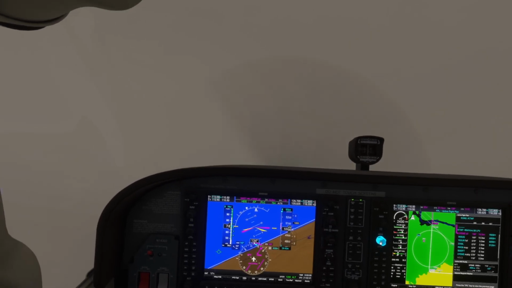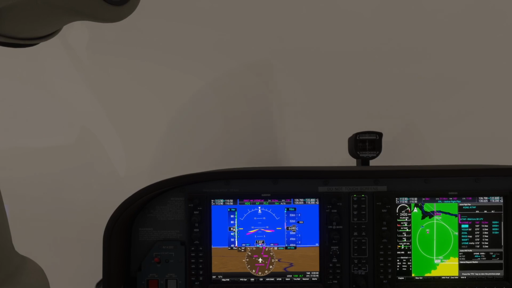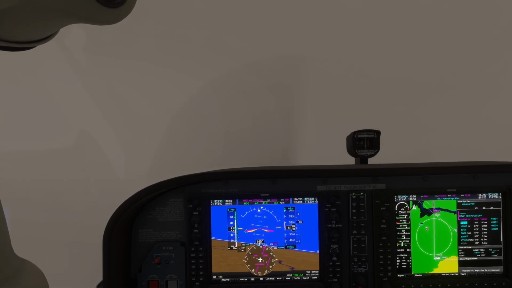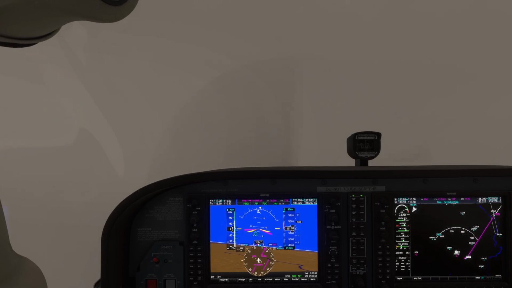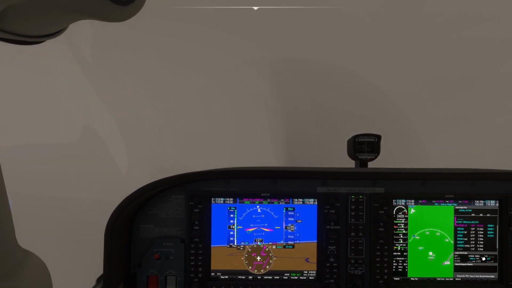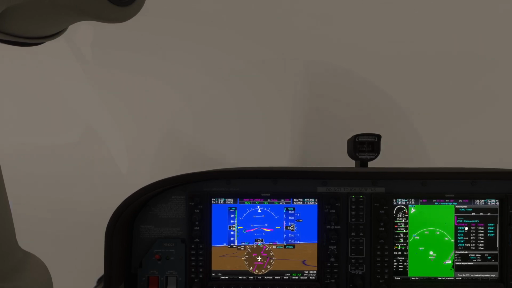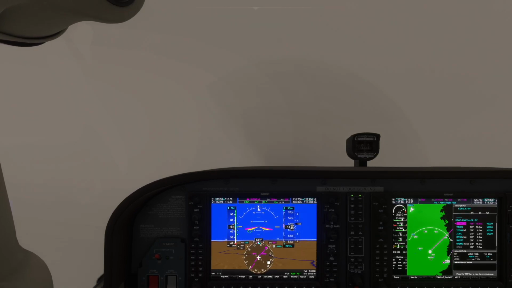And once you've done that, you have some free time on your hands because you're not looking for any more clearances. But in this case, it's such a short hop that ATC is going to come back to us almost immediately and say something to the effect of, 77 Whiskey, proceed direct UME. So you can see that UME is highlighted in our flight plan. So all I need to do is hit direct, enter, enter, to reset the direct